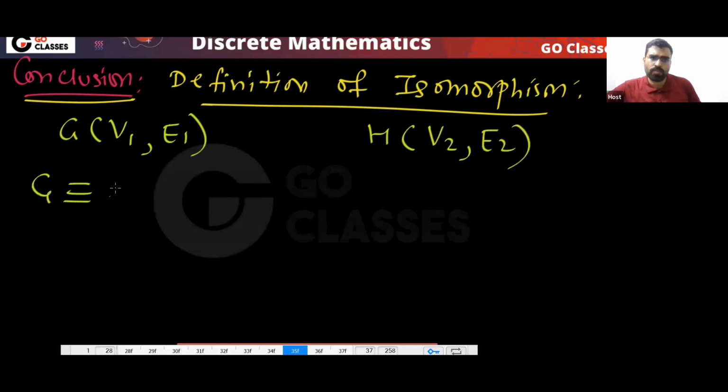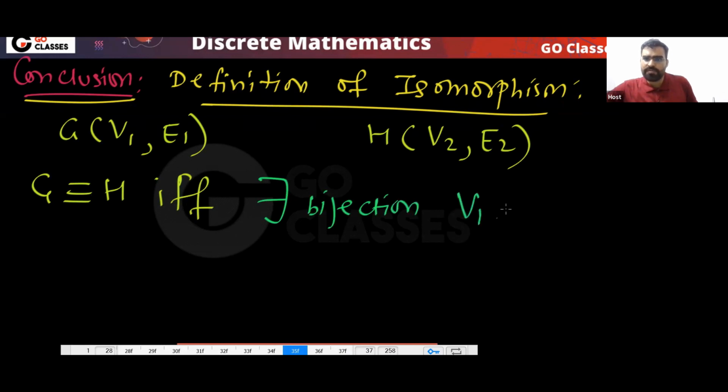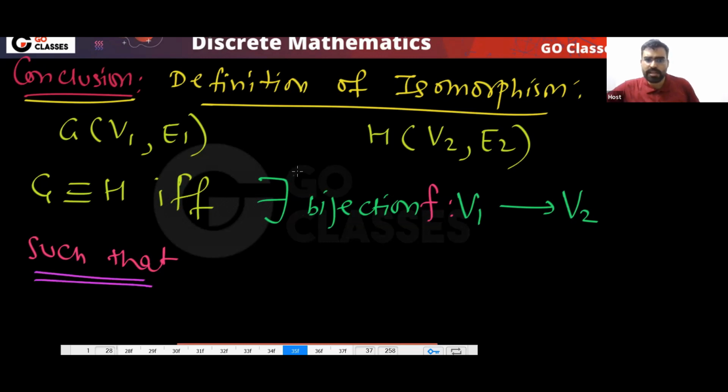Then G is isomorphic to H if and only if there exists a bijection F from V1 to V2 such that